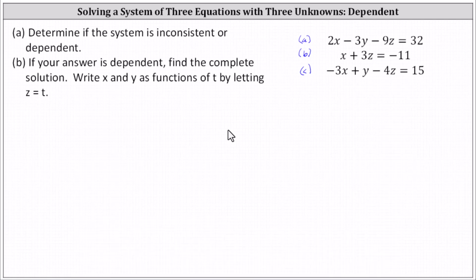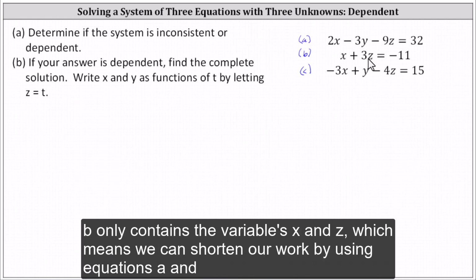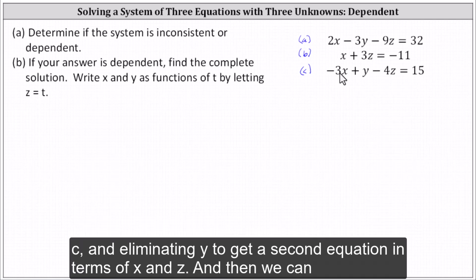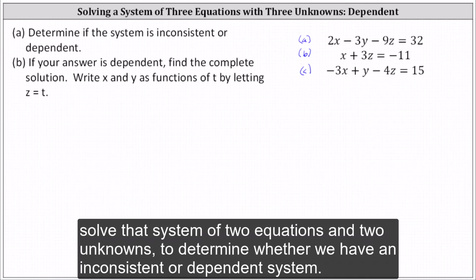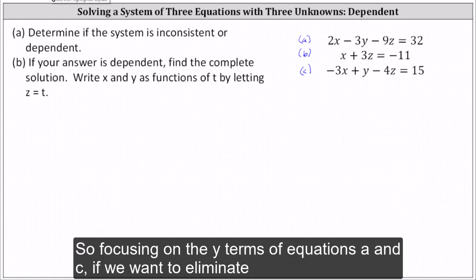Notice equation B only contains the variables x and z, which means we can shorten our work by using equations A and C and eliminating y to get a second equation in terms of x and z. And then we can solve that system of two equations and two unknowns to determine whether we have an inconsistent or dependent system. So focusing on the y terms of equations A and C, if we want to eliminate the